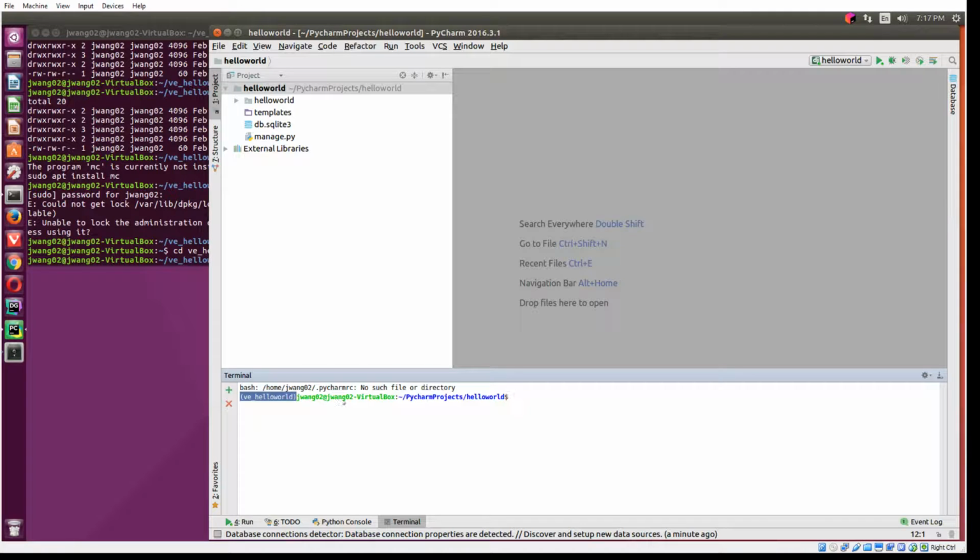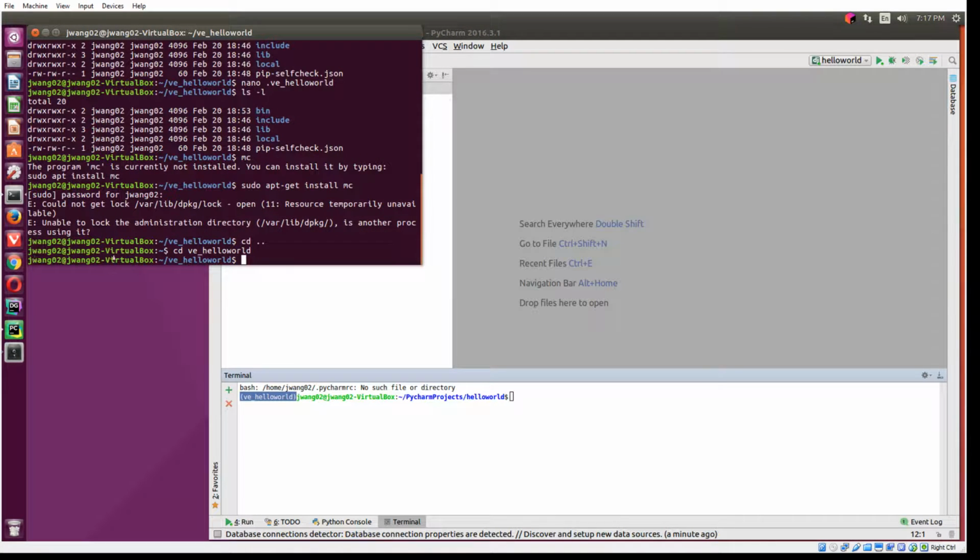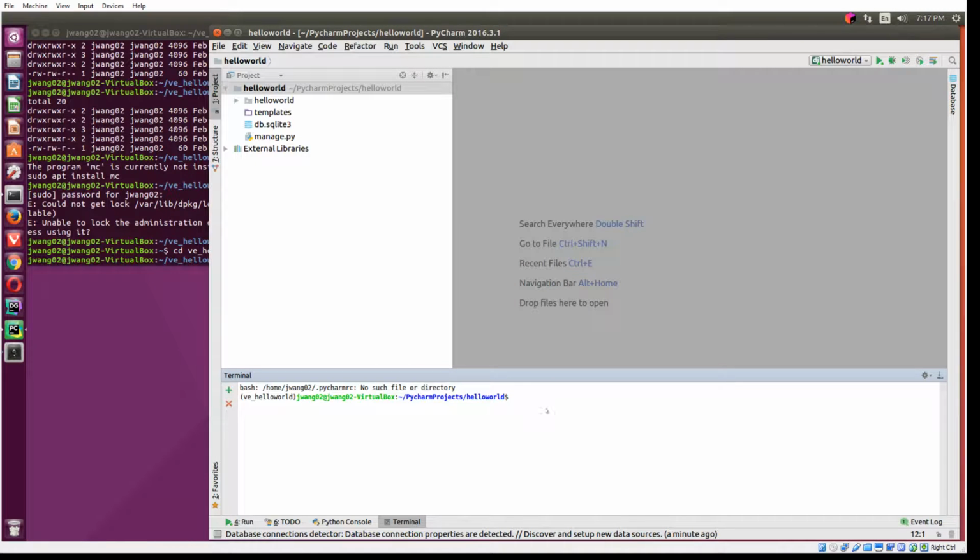You're looking at this piece. It's jack1 at VirtualBox and so on. It will be like this, same thing here. In this case, you are actually not in a virtual environment. You are just in that directory. Notice here, right? So in other words, if I type in some Python Django command, a good example is